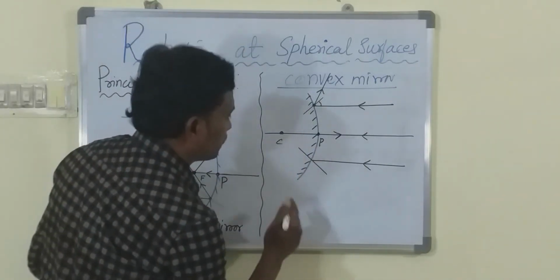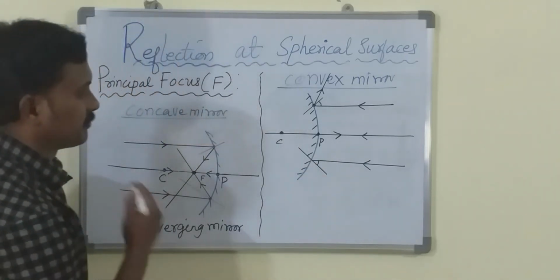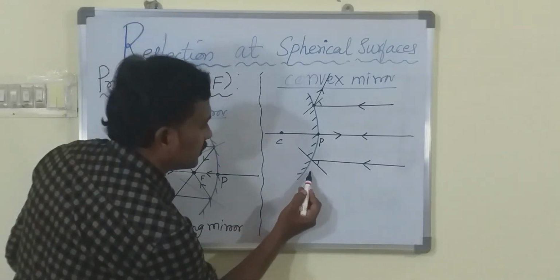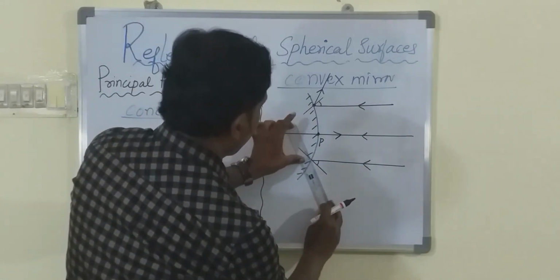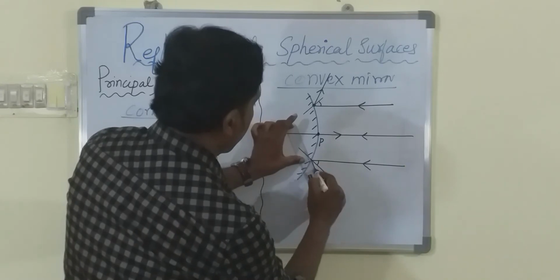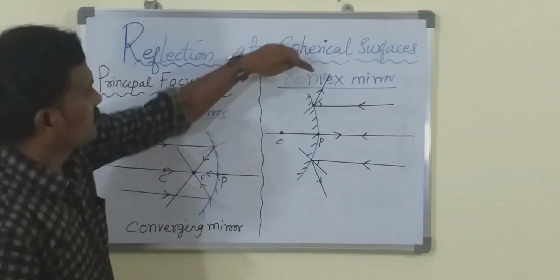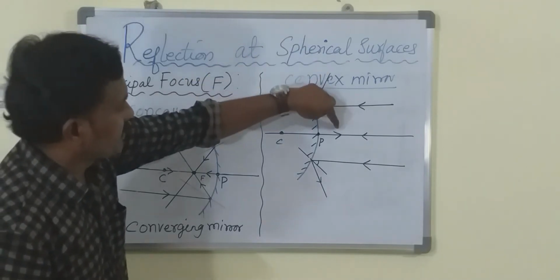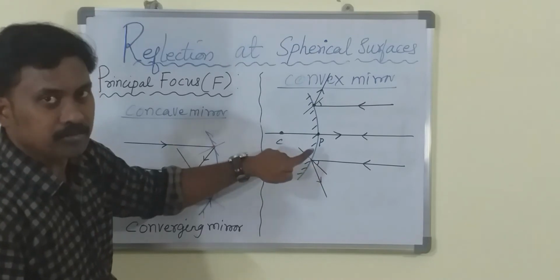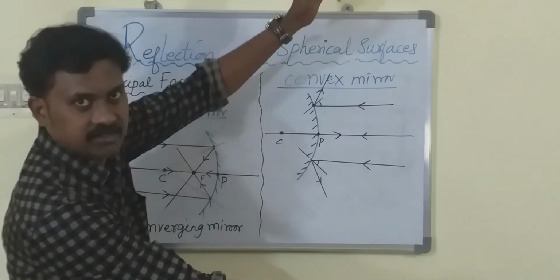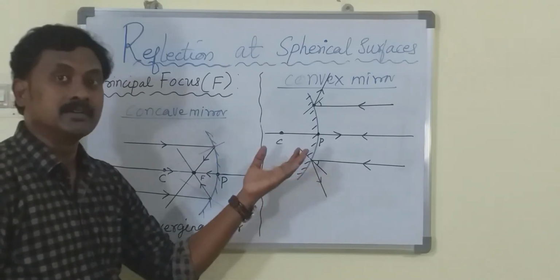It goes like this, just like the second one here. And the third one here, this is the angle of incidence. So the angle of reflection will be this side. So the reflected ray will pass somewhere like this. So this is the first reflected ray, second reflected ray, and the third reflected ray. These three reflected light rays do not meet, they diverge. So here you are not going to get a real focus, you are going to get a virtual focus.